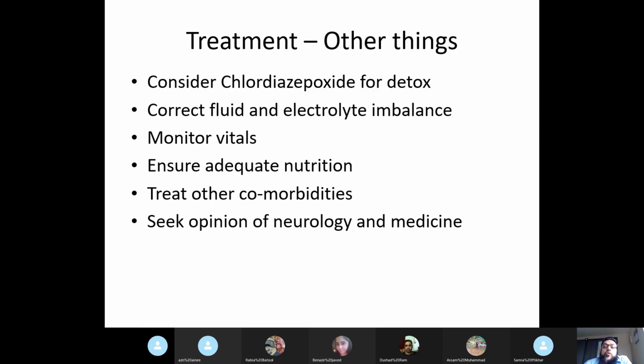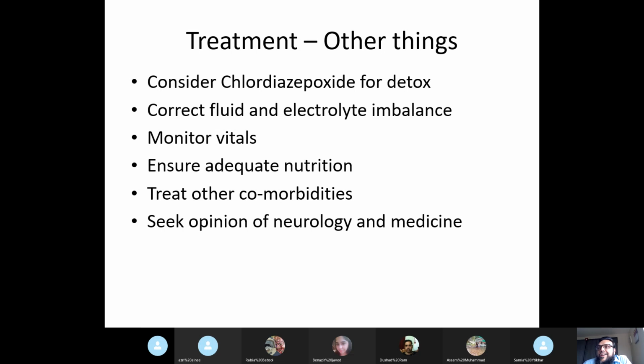So treatment, other things: chlordiazepoxide for detoxification. Alcohol, because they are very restless, so they need something to calm their brain, and chlordiazepoxide will be used. Correct fluid and electrolyte imbalance, monitor vitals, ensure adequate nutrition, treat other comorbidities, seek opinion of neurology and medicine,